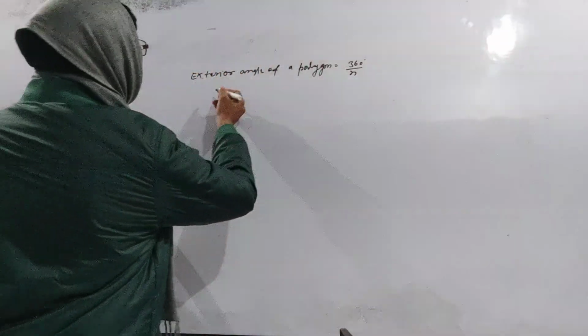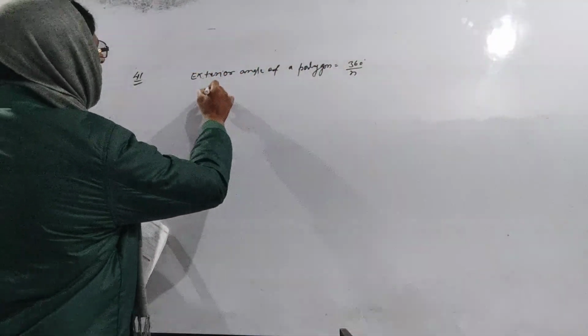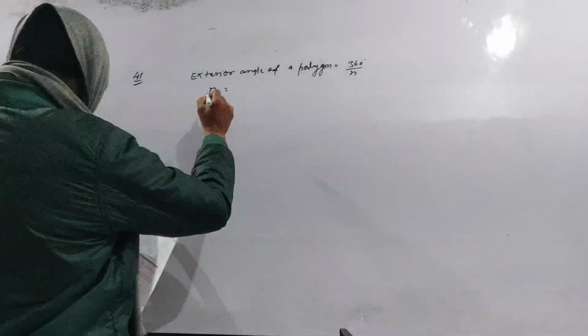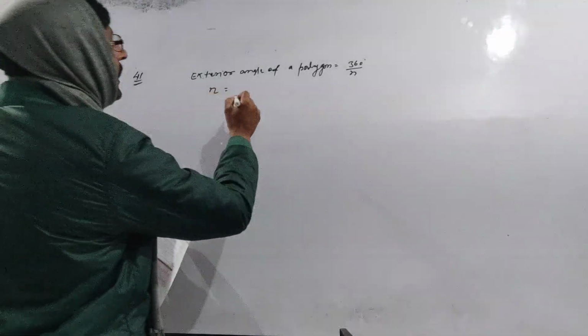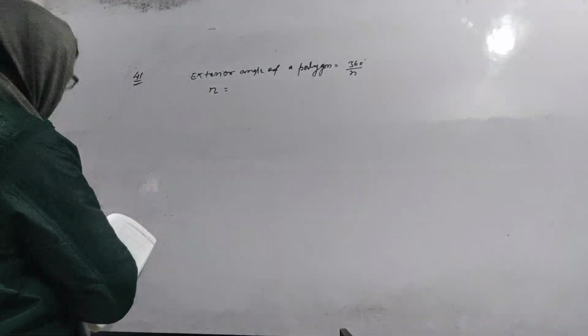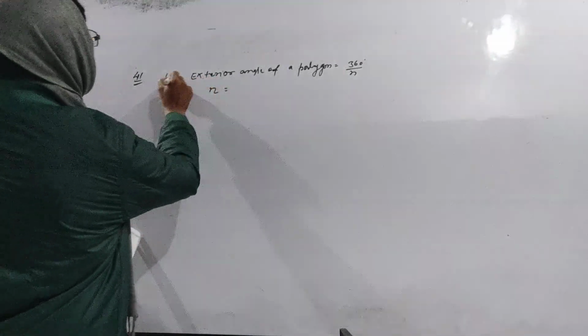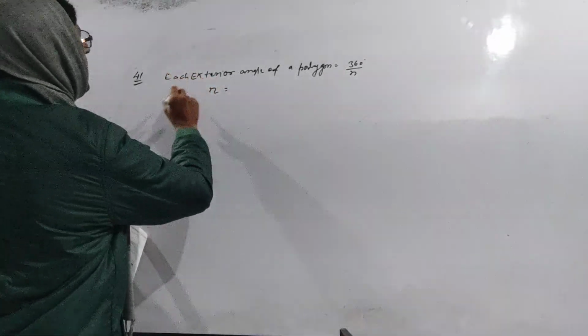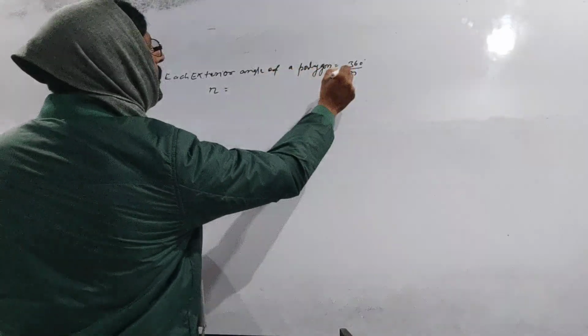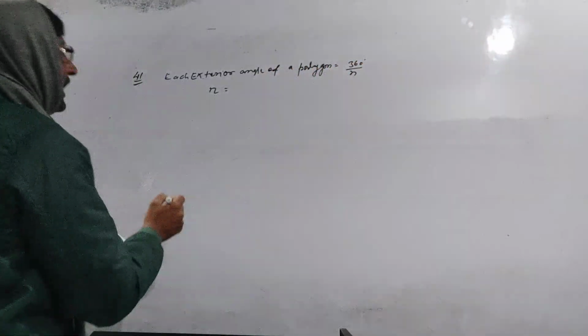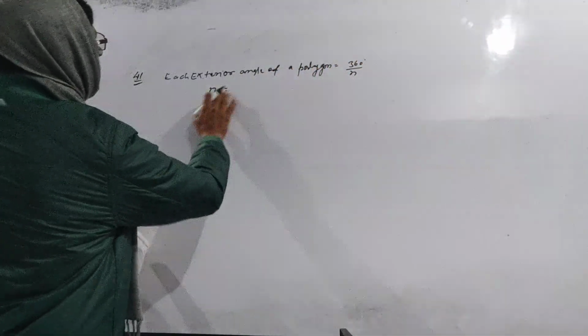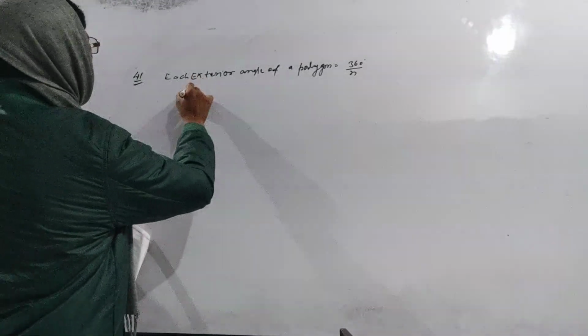So the number of sides is given as... each exterior angle of a polygon is equal to 360 by n. Correct? So each interior angle is given as